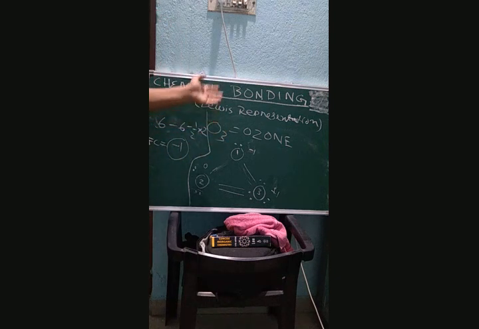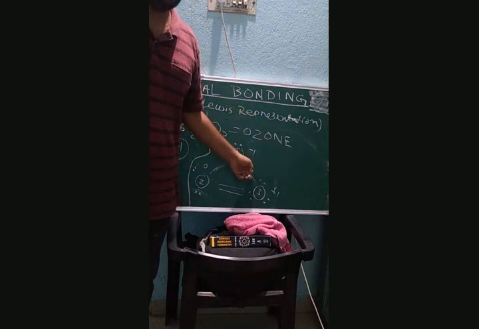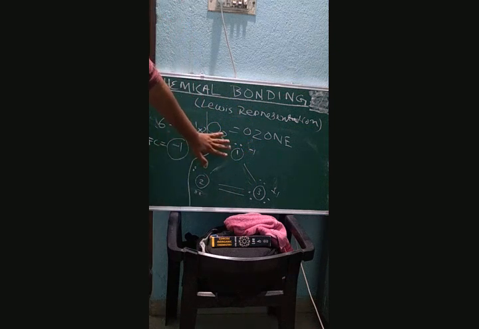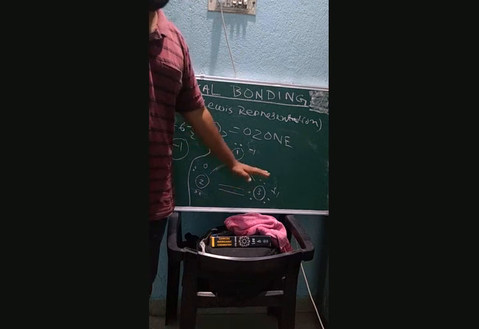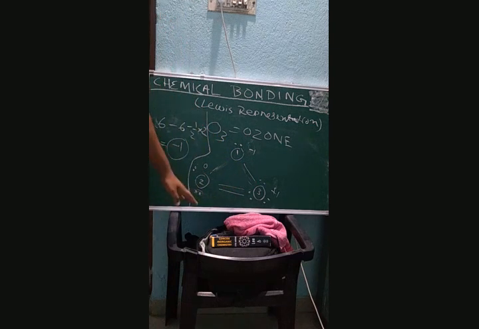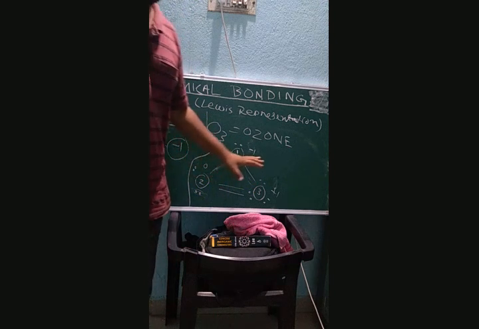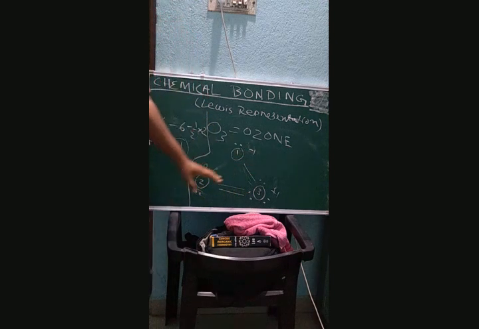And in the next classes we will see the limitations of the octet rule, because right now everything that we have studied is following the octet rule, meaning in the outer shell there should be 8 electrons. All the atoms, all the molecules try to follow this rule, but there are some limitations of this rule that we'll see in the coming classes.